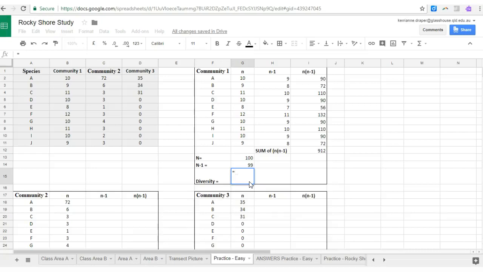So we're going to go 1 minus everything in this bracket. Now, remember, we wanted the sum of all our little n's and n minus 1's on the top. So we're going to click this cell here. And we needed him to be divided by, so that's your slash,